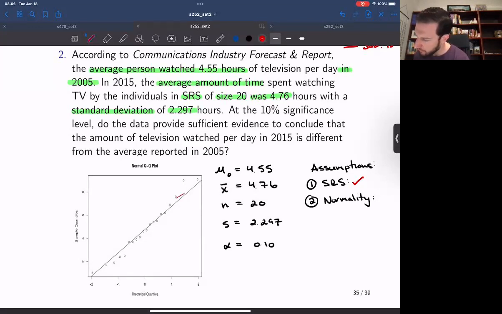So this circled part here, actually, it's really just this observation here is a bit far off the line, which would indicate maybe a bit of an outlier or an outlying point potentially. But for the most part, the bulk of the observations appear to follow that straight line pattern. So this would give us evidence that the population of interest is normally distributed. So we can say here,